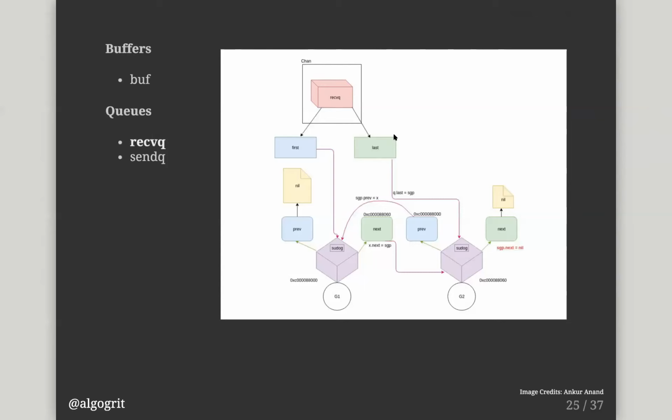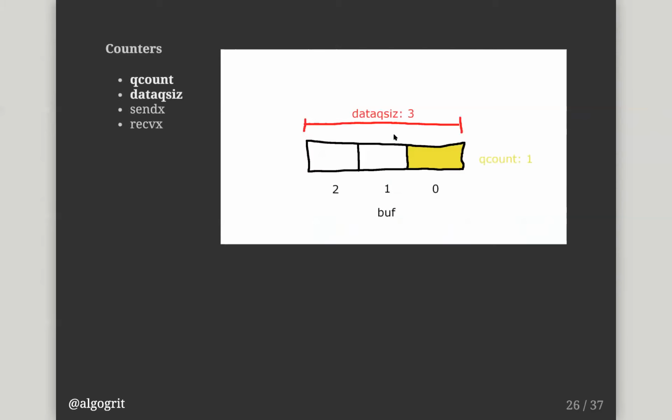So receive queue and send queue have unlimited size. You could hold as many Go routines as possible, trying to concurrently read from a channel. And similarly for send queue, you can have as many Go routines as possible to send to a particular channel. All these Go routines would stay in the receive queue and send queue for as long as they are blocked. Blocking happens when, so that's determined using the counters and send X and receive X.